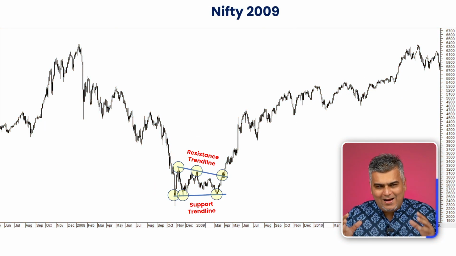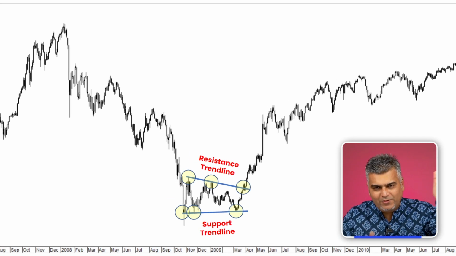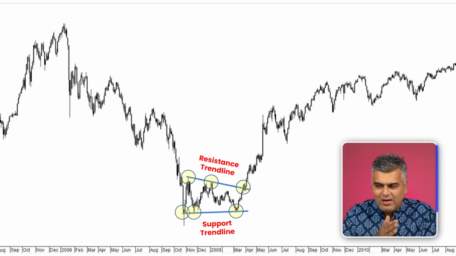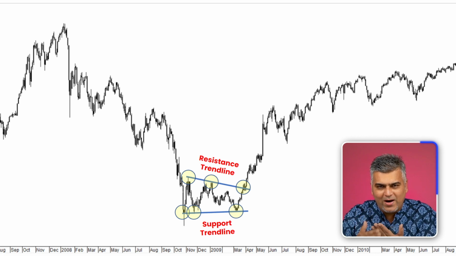Now, another example in front of you. This is something on a little shorter term time frame when you are looking at chart patterns. This is a trend line example of 2009. After the big fall in 2008, the markets got into a sideways consolidation. You will see 3 bottoms on the downward side, another 3 to 4 attempts on the upward side. Finally, that consolidation period got over, and the trend line allows you to confirm that the trend has now finally